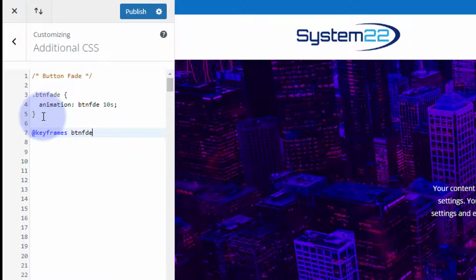Great. Now what do we actually want it to do? Let's open and close some curly brackets, and inside we can actually build our keyframes to make this happen. Well, at 0%, when the page loads, or second one of our 10 seconds up there, let's put 0%. We'll open and close some curly brackets. I want it to be totally invisible, so I'm going to say opacity